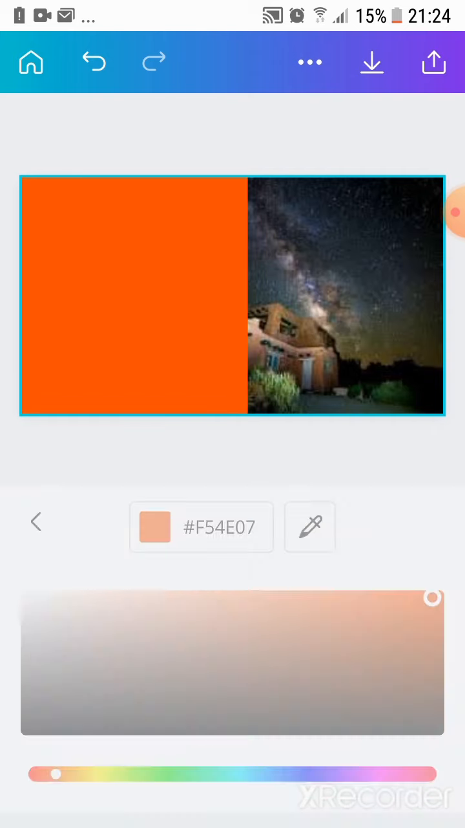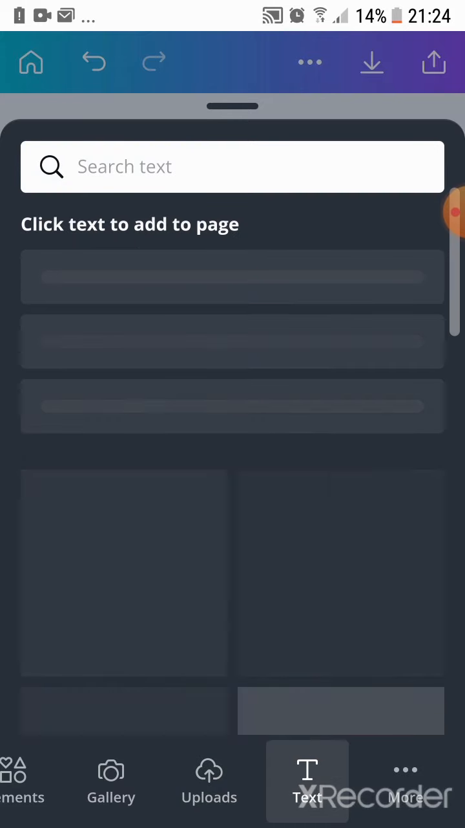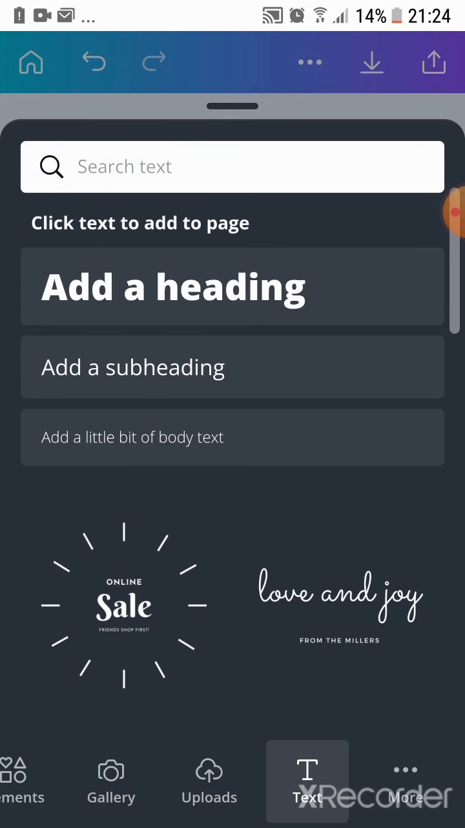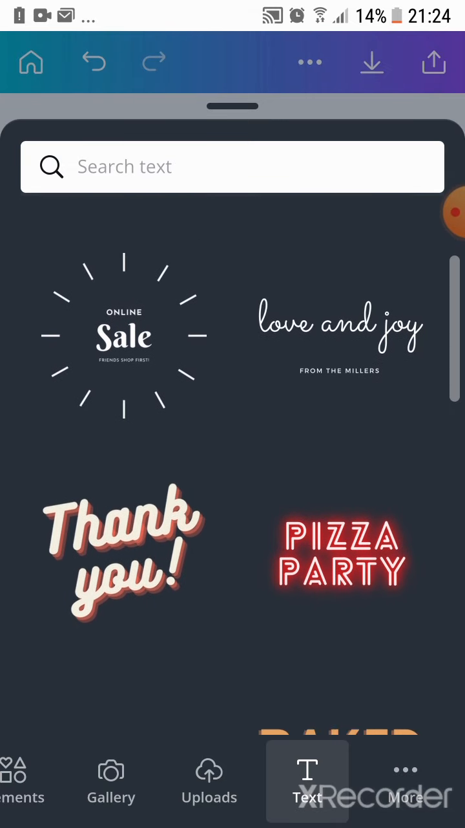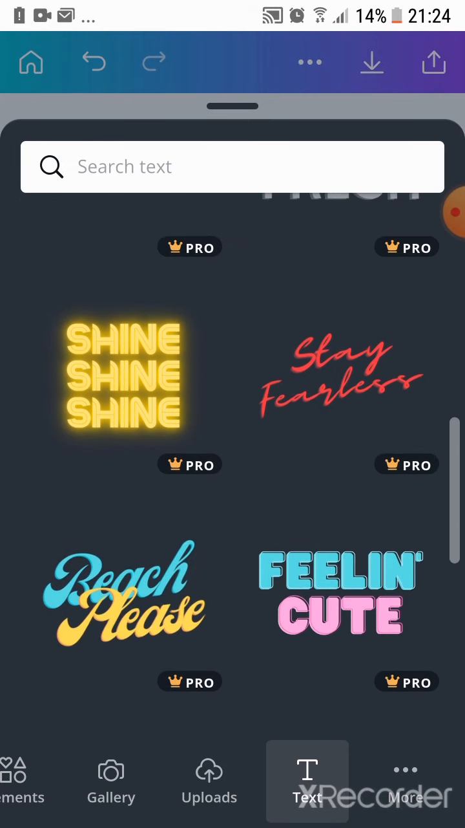If you want to add text, just simply press the plus button there, and then you can see text. You click on text, and then you get these headings, or a subheading, or small. It doesn't really matter what size you use, because you can change the size of the text anyway. And then you get all these different types of text that you can see. You've got the pro versions,